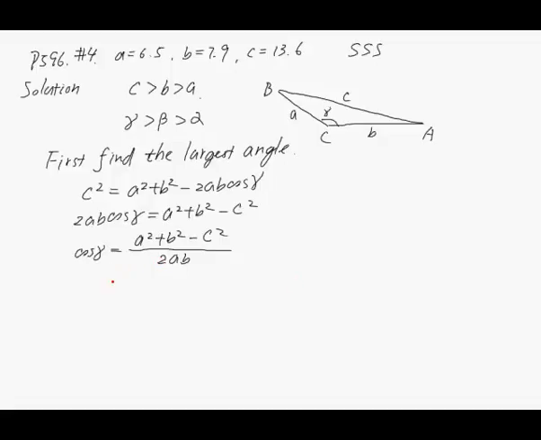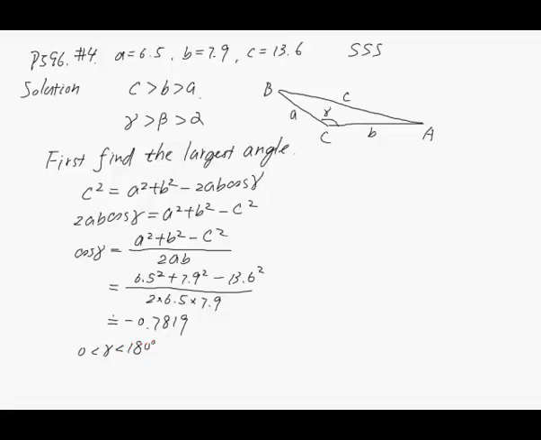Now let's plug the knowns into this expression. So a is equal to 6.5, and b is equal to 7.9, and c is equal to 13.6. Then divided by 2 times 6.5 times 7.9. Then you simplify. Approximately this is equal to negative 0.7819. And we know as an angle of a triangle, this gamma must be greater than 0 and less than